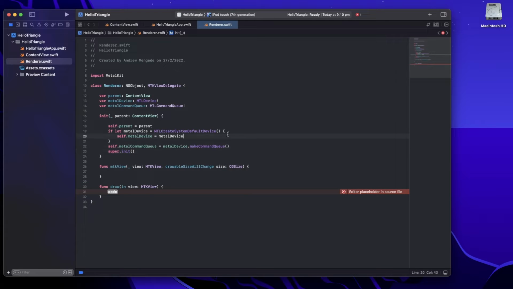Okay, so we go through the same thing of creating the default system device. In other words, just querying our main GPU, and we set that as the renderer's device. Then we